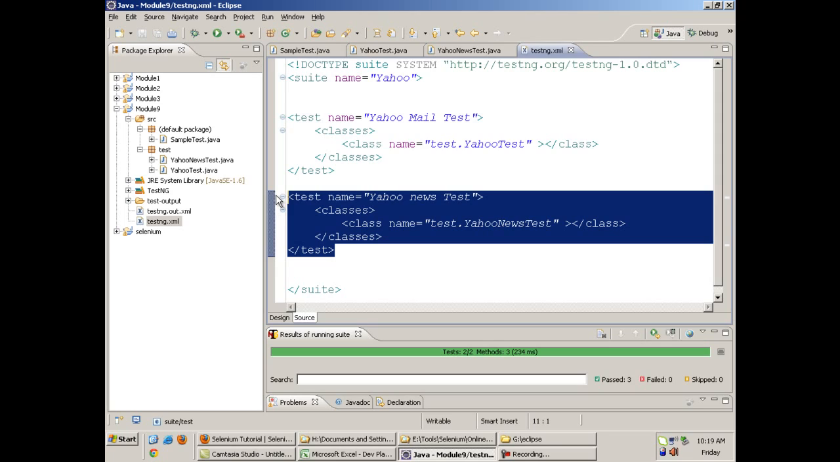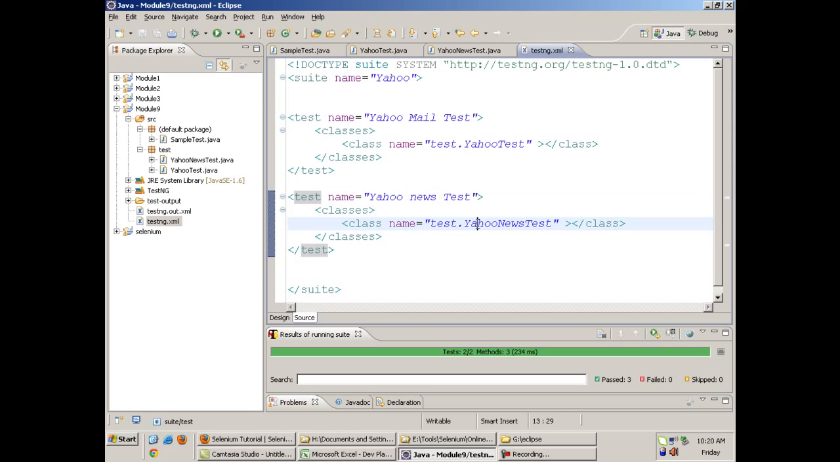Okay, so it will become a very difficult task if you have 100 test cases, and suppose in the morning you have to execute 50, in the afternoon you have to execute 25, something like that. So you just cannot change your testng.xml every time. It will be a tiresome thing, right? So what you do is, in Yahoo news test,